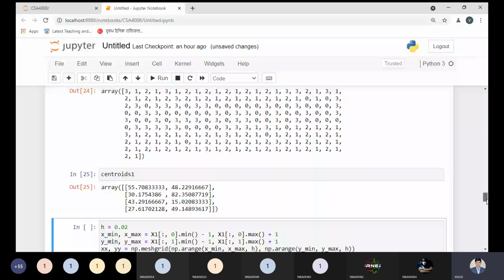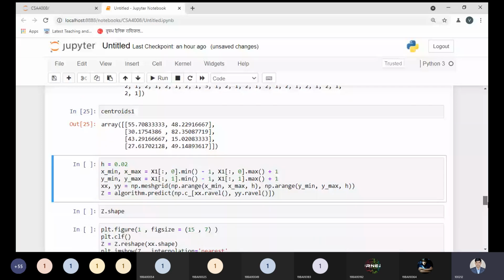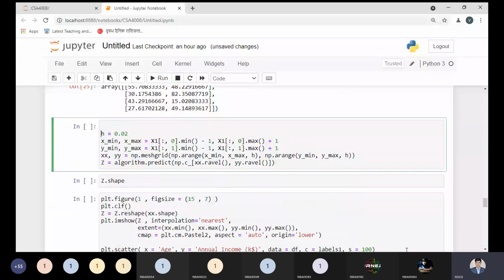So after this point, I'm using an important concept right now. So far, that is an important point we need to keep in mind. So far, we have used x1 variable. If you remember, x1 variable, which contains age and spending score.